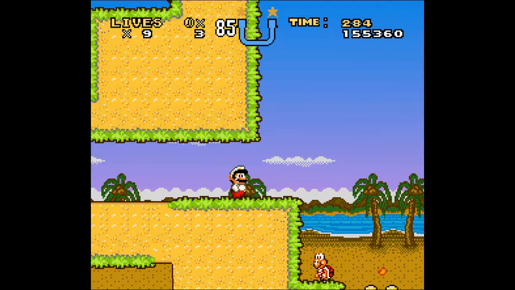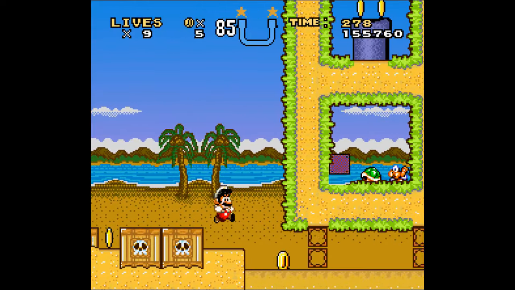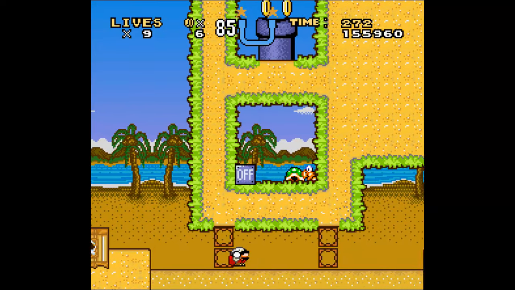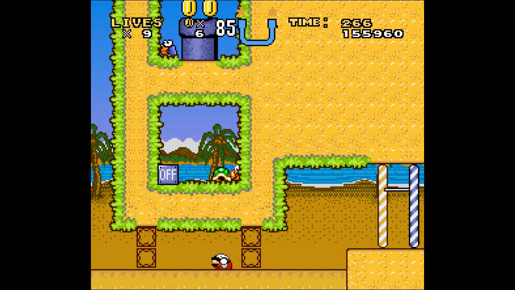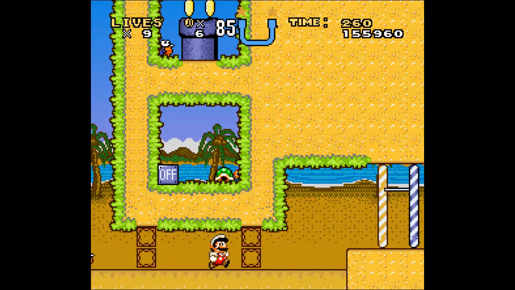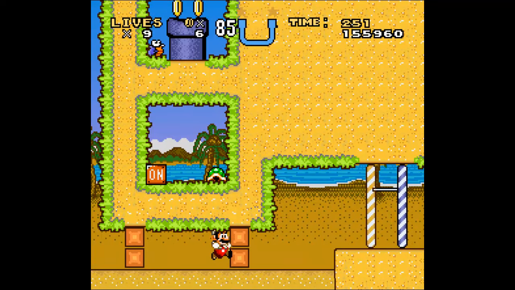Alright, we already hit the switch, so we're gonna go in here. Okay, what is this? I think I have to move quickly to not get squished inside the blocks. I'm just gonna show you what happens here if you get squished in the blocks, because I think this is what would happen. Can you get squished in the blocks? No, I think you just get shoved to the